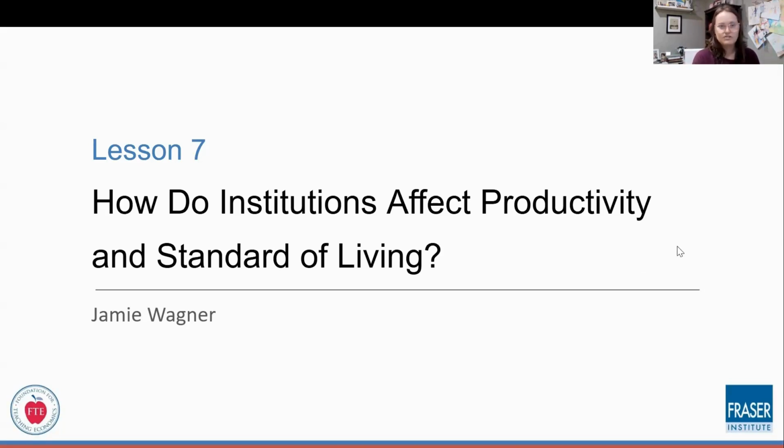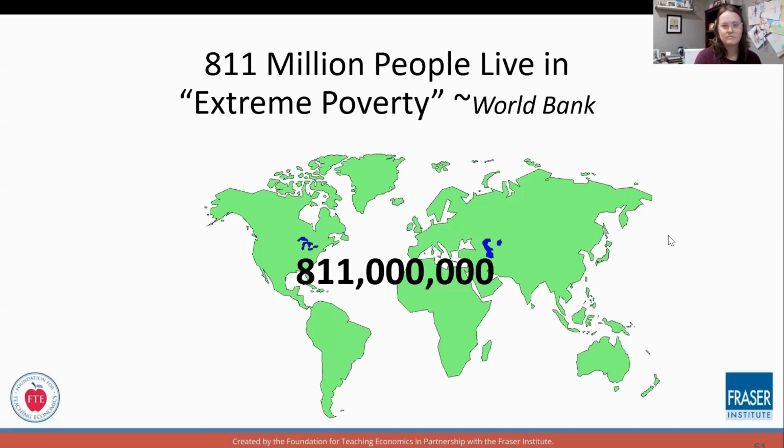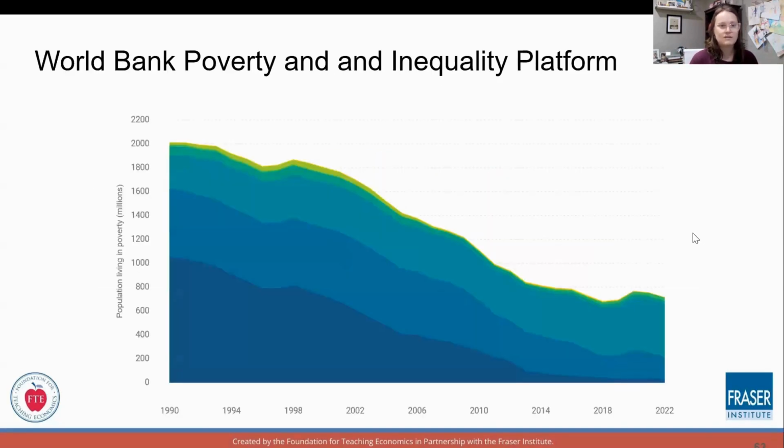All right. So 811 million people live in extreme poverty. We've seen this data before. Here is some World Bank poverty and inequality information. If you have not been on this platform, which we're going to explore a bit today, I really like it. It's very visually appealing, and I really like when my students get to see the actual data. So this is not the best picture. It doesn't have all the axes, but each of these different shades of blue-green are related to a different